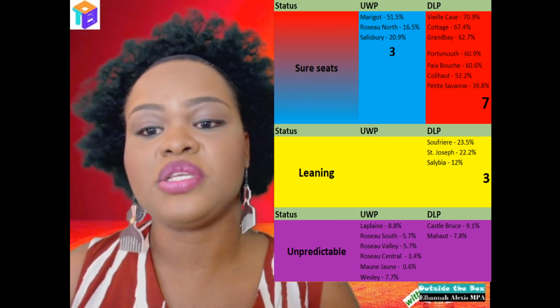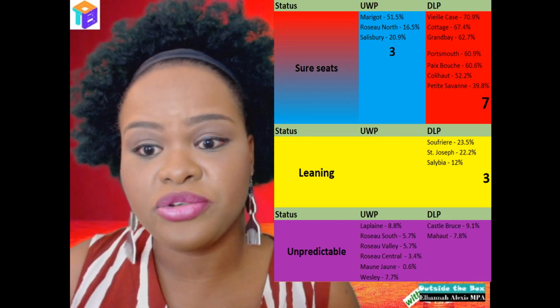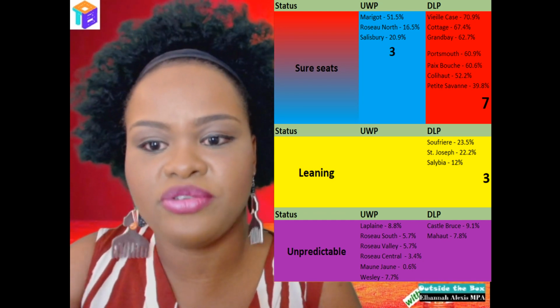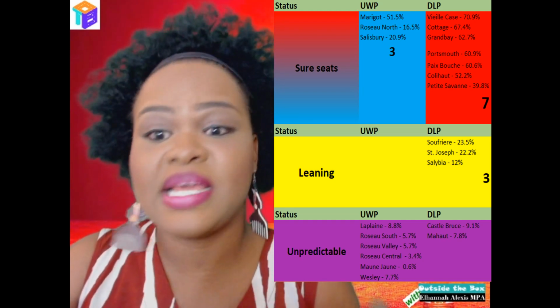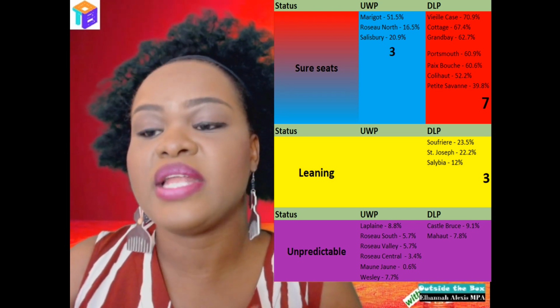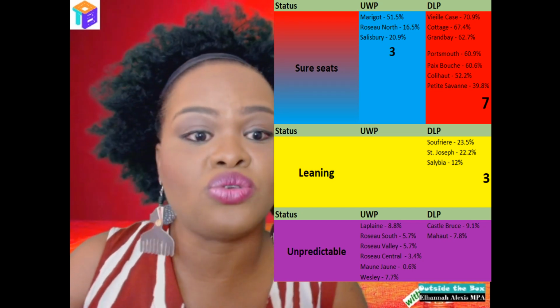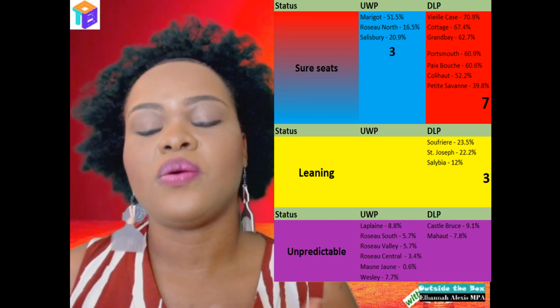And this would probably cause a decrease of 5%. Let's say there's a 5% decrease in the Salibia constituency for the DLP, and a 10% increase in that constituency for the United Workers' Party, then it's possible that the Salibia seat could go to the United Workers' Party. Right? So currently, what we'll see is